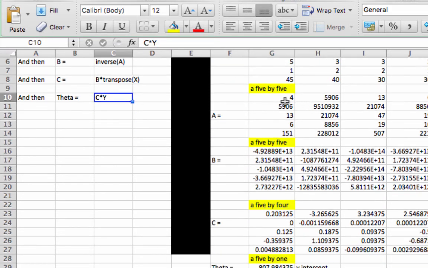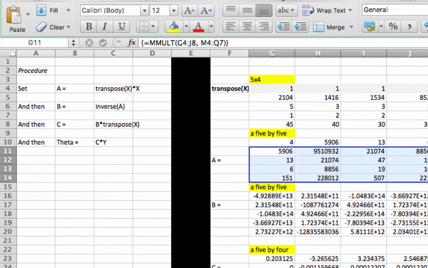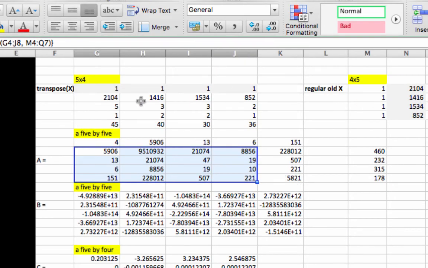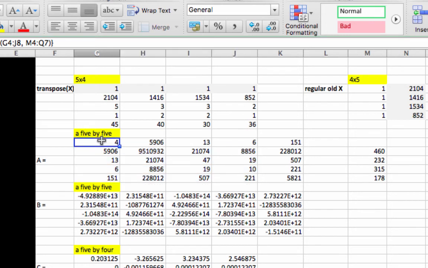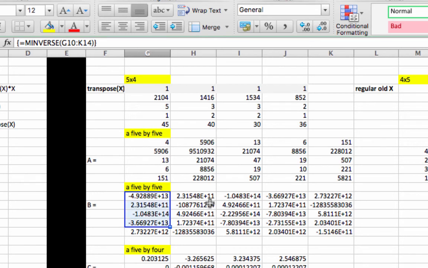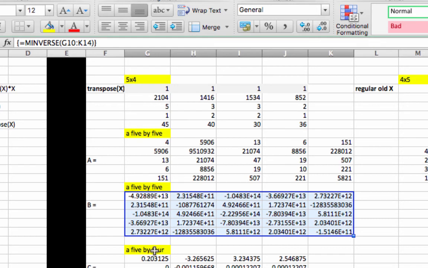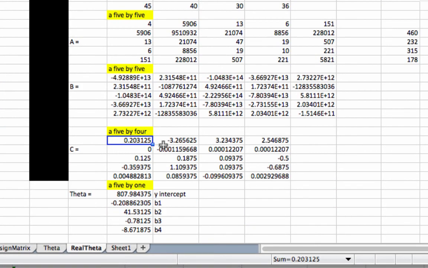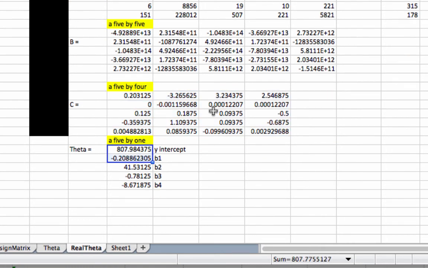So you can see I've actually done all these steps here. I took the transpose of x and did a matrix multiplication to multiply x by the transpose of x. Then I took the result of that and got the inverse of it. Then I took the product of that and multiplied it by the transpose of x, and then took the product of that and multiplied it by the column vector of y, and we get